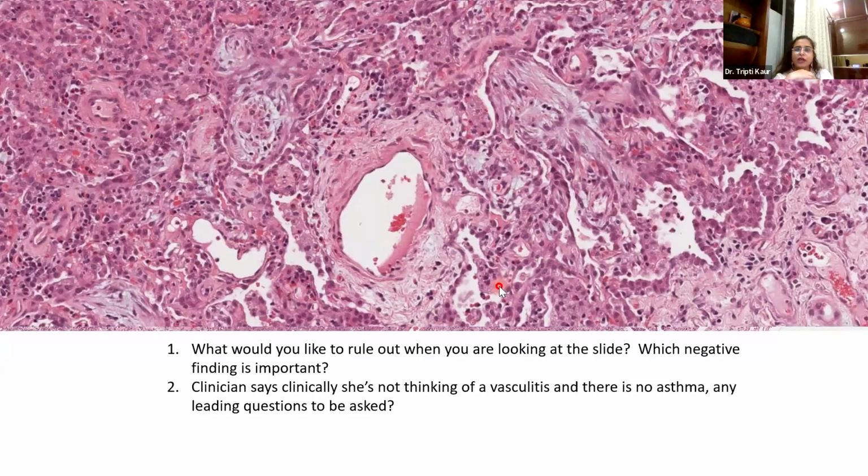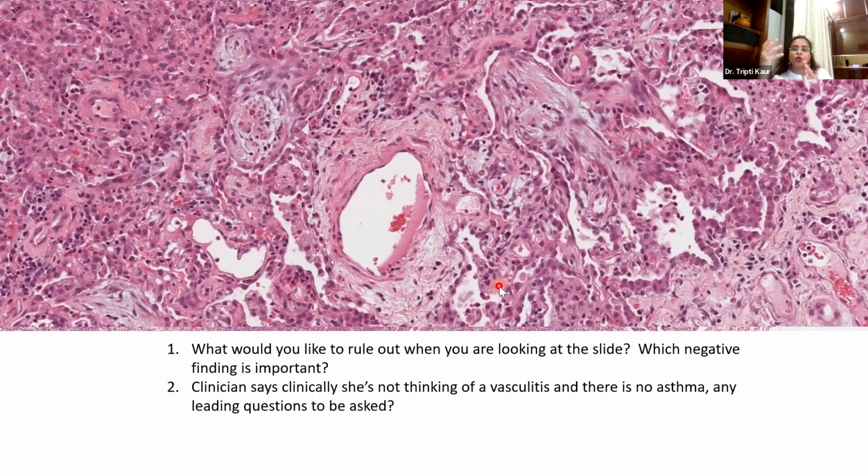Hypersensitivity pneumonitis, yes, you can get these eosinophils, but not so exuberant usually. But that is a lower down differential. And the fourth is the drug. Drugs are very, very important because some patients will have a hypersensitivity reaction to these drugs, and then they will present with this kind of picture.